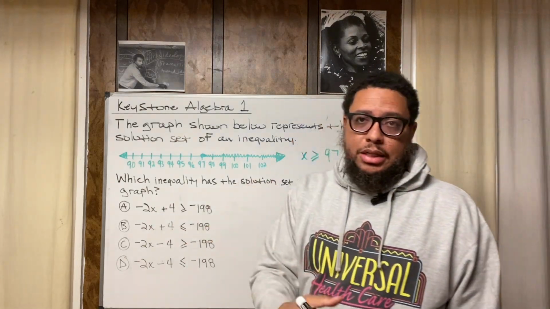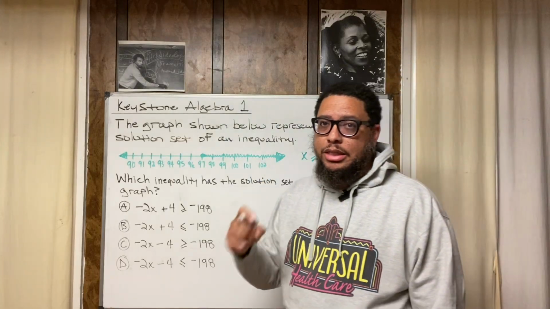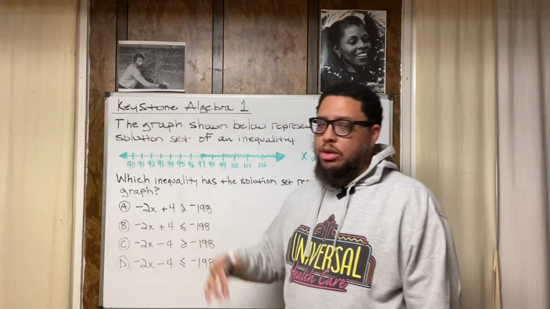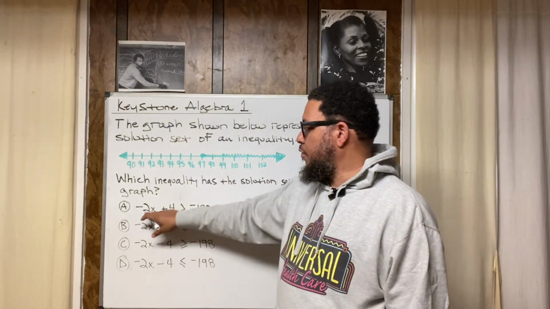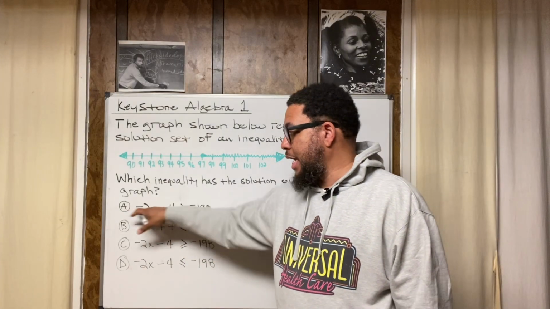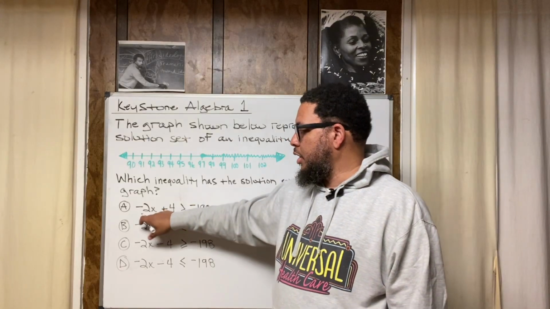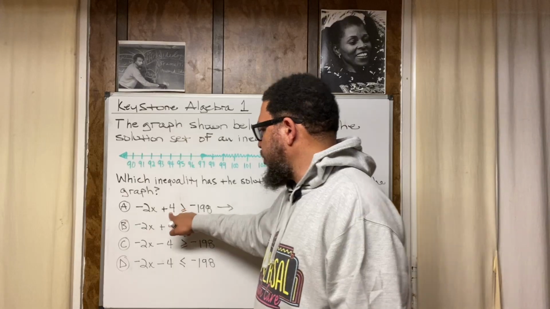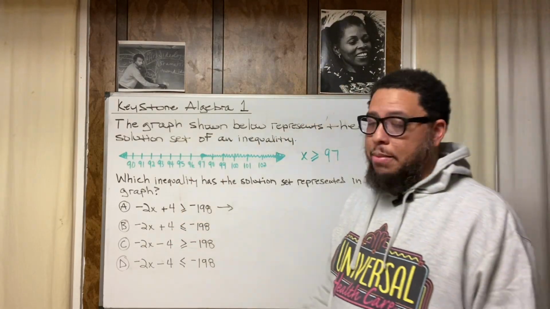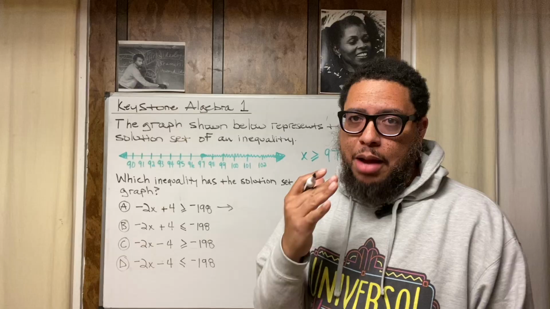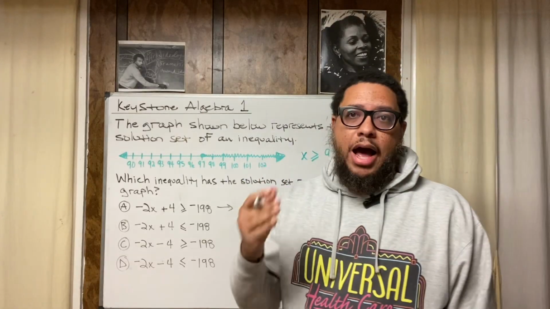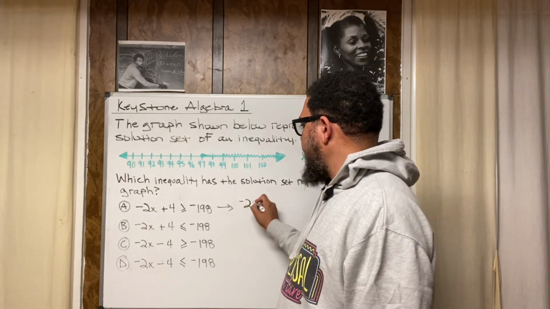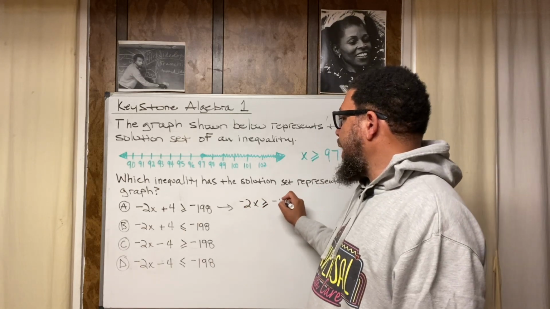We solve inequalities the same way we solve equations. We want to isolate the variable and get rid of everything else on that side of the inequality. So if I want to solve for x in choice A, I want to get rid of this 4 and get rid of the -2. How do I get rid of 4? I'm going to subtract 4. Why am I subtracting 4? Because you've got to do the opposite operation. You want to get rid of something, you do the opposite operation. Subtract 4, subtract 4. So that's going to be -2x is greater than or equal to